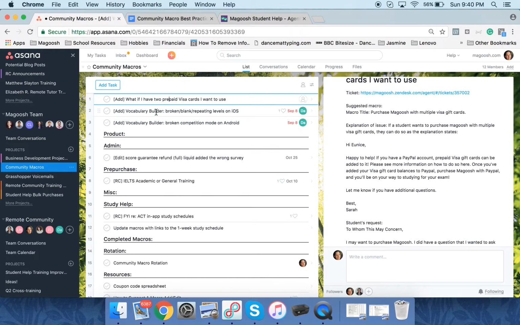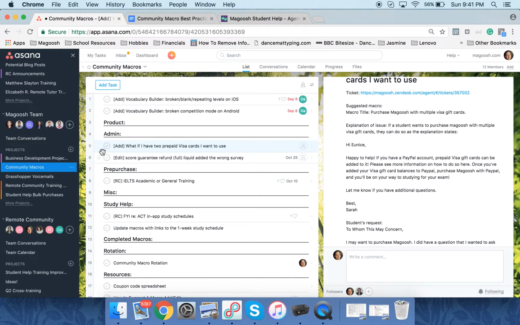Now, when a new task comes in for a macro, it will be generically added toward the top. So the first one we're going to look at today is listed as, what if I had 2 prepaid Visa cards I want to use? That's going to be a great one to throw into admin. I'm probably going to create this as an admin macro. So assuming that all of these have been categorized and we know exactly where they're going to go, once we're ready to start